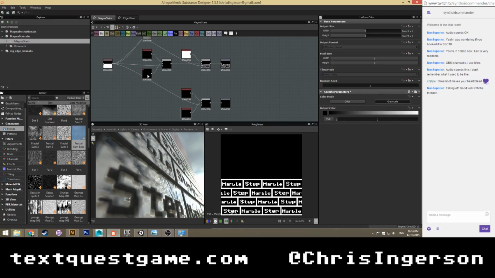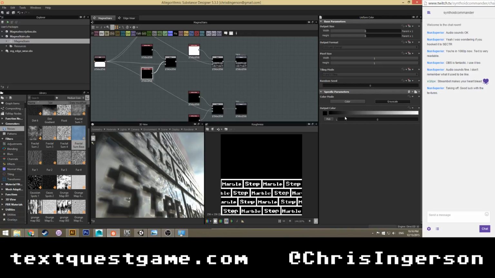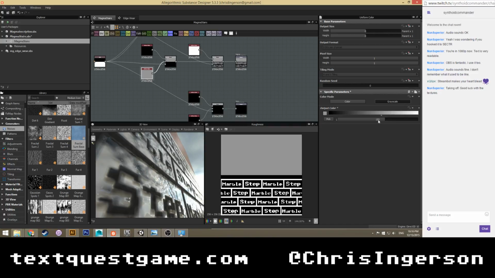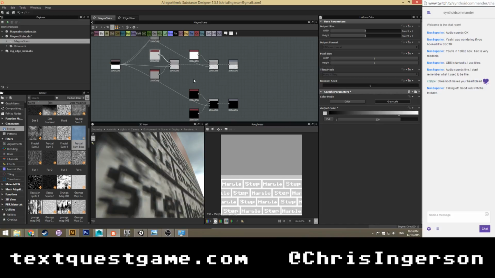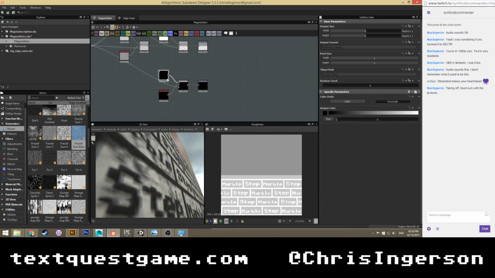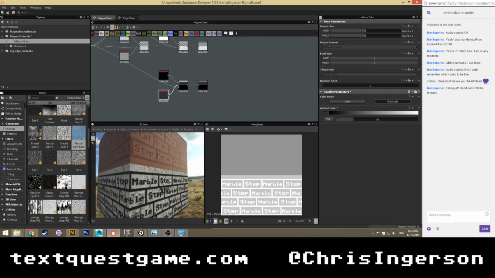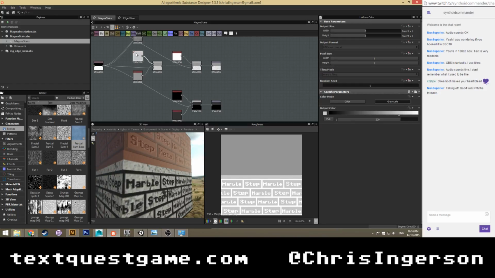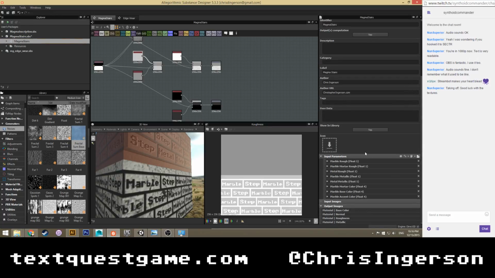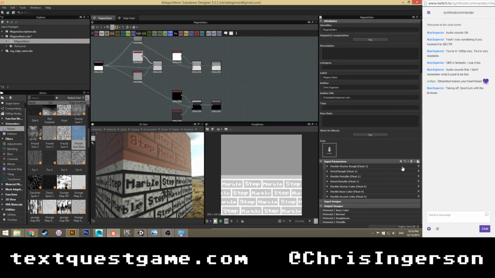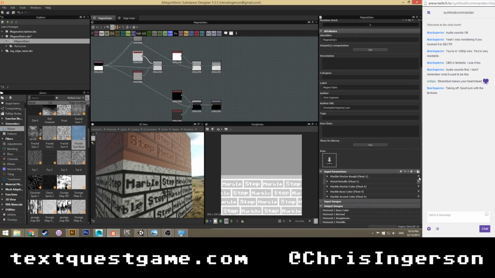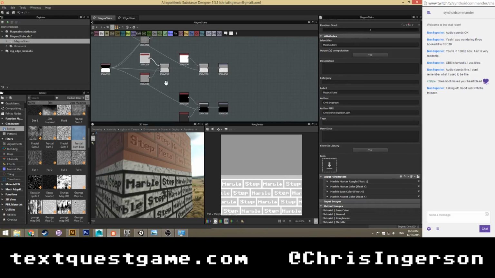Save. Let's see. This is roughness. 0.5, so I believe, I don't know, 150. And roughness for you was probably like 200. Let's see. This is metallic. 50. Okay, so let's go back here. We're going to get rid of marble rough, metal rough, marble metallic, and metal metallic. And then we're going to go through and expose them again.